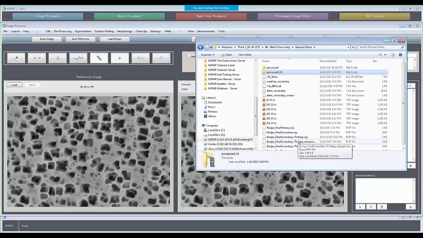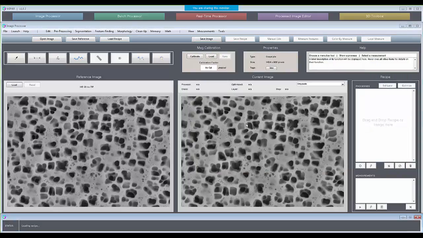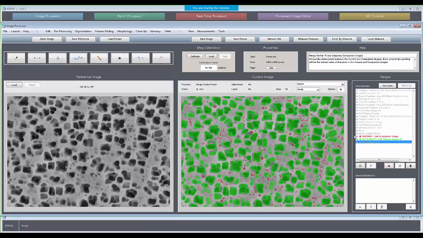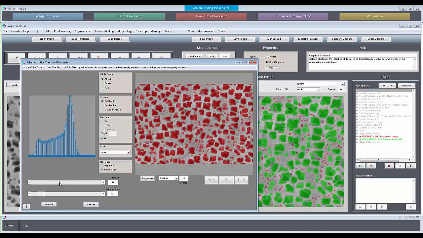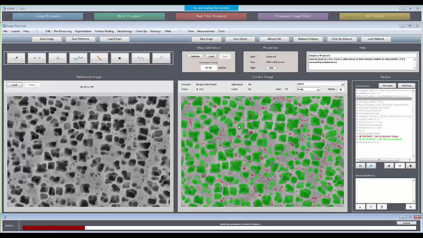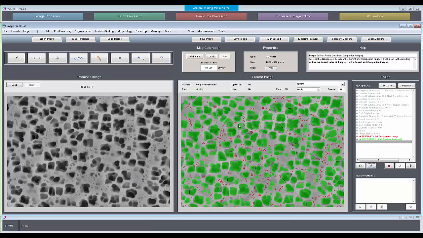So let's come back here and drag in our recipe that we ran. So that recipe will get reloaded on this image, and let's say for some reason we needed to make a change, like we needed a different adaptive threshold on this one image. So we would do that and tune that up, let everything repeat. And now the two things that we need to save are the two binary images back to their